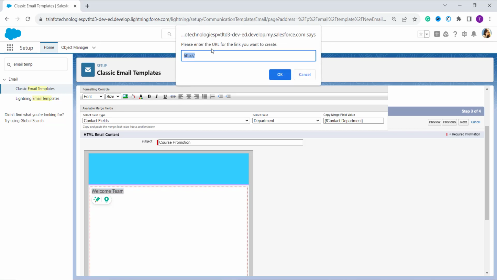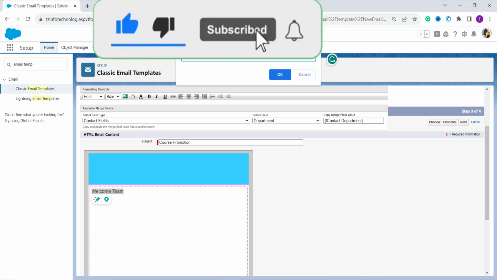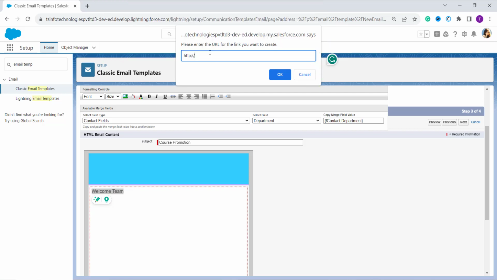Now a pop-up window shows on your screen and asks you to enter the URL, the link of the page to which you want to redirect. Suppose here I have entered the page name as pythonguides.com and click on the OK button.